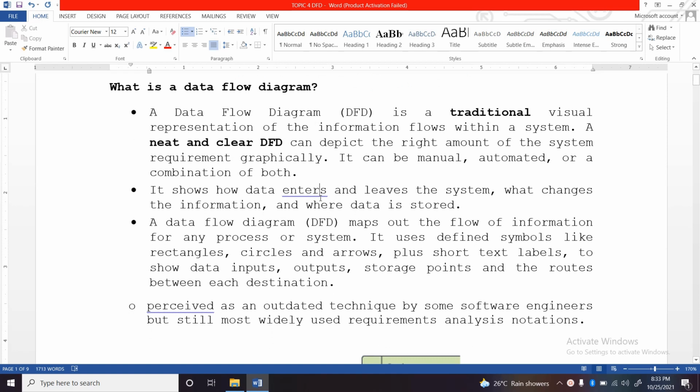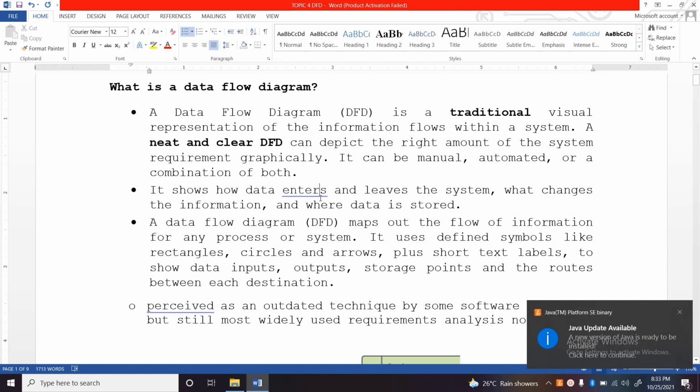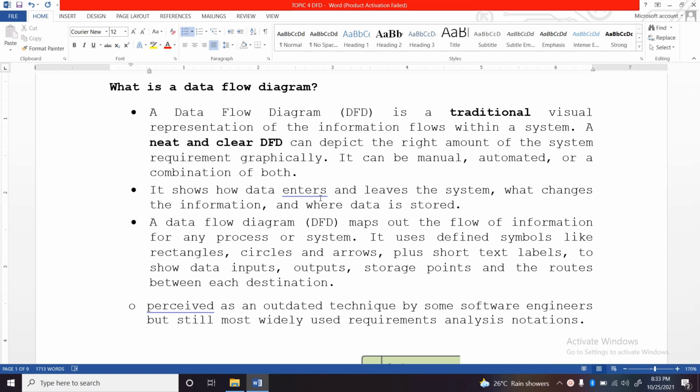It says here that it shows how data enters and leaves the system. So we have different elements for the data flow diagram that we can use to visually represent our data on our particular system. And we have these particular processes that we need to show on our DFD. The first one is how data enters. These are the things that you need to show on your data flow diagram so that it will be as clear as possible. So it will show how data enters, how it leaves the system, and then the changes of the information,